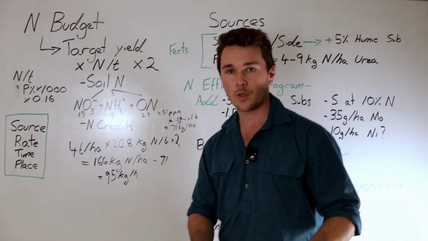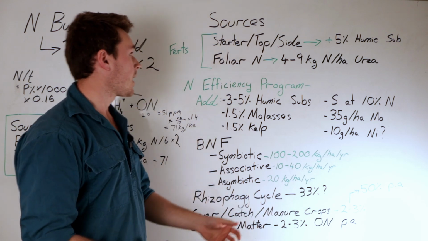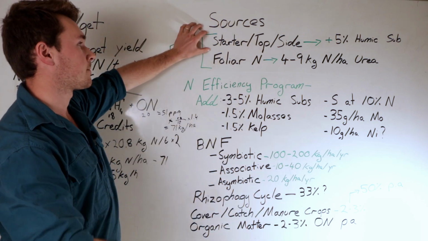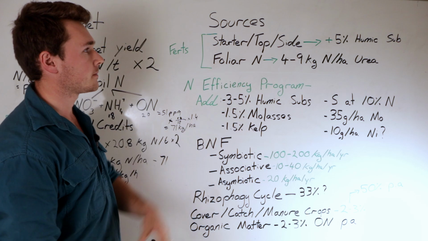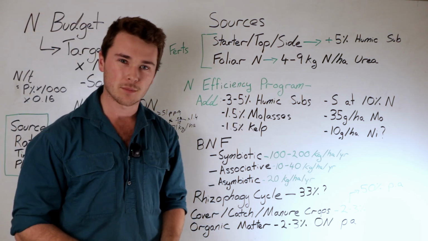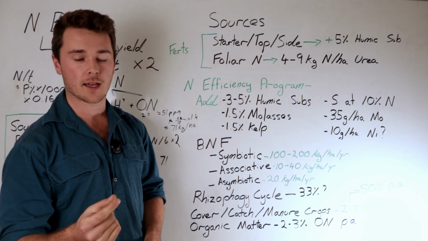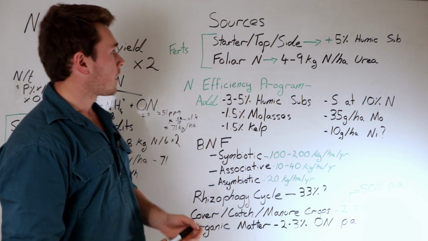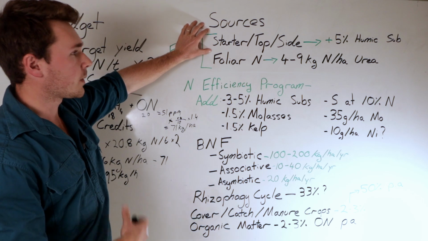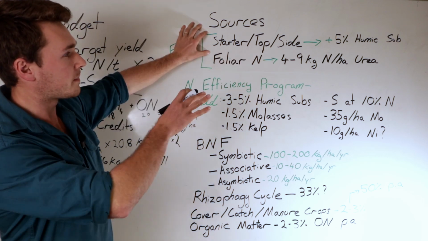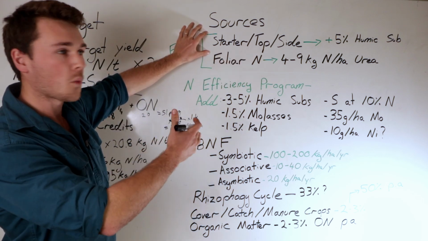our crop? So from a fertilizer point of view, you kind of have three options. You have your starter, your top, or your side dressing. You can either apply that as a liquid, so liquid banded application, or you can spread it as a granule. For either one, to increase the efficiency, you can apply 5% of the overall weight of that as a